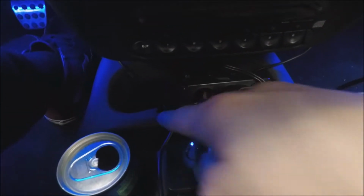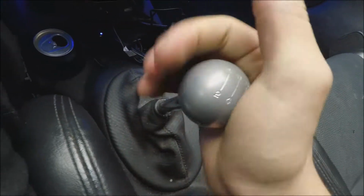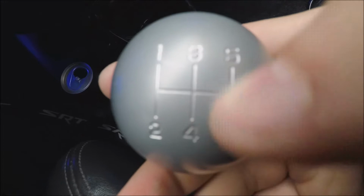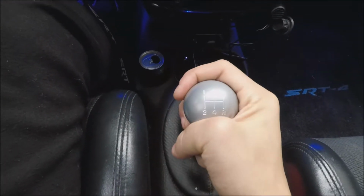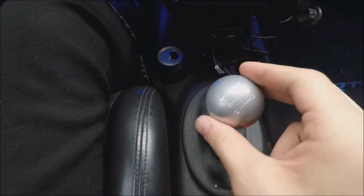Two cup holders, OEM. Whatever this is down here, OEM. Whatever this is in here, it's just some little storage tray, OEM. Here you have the shift knob, OEM. Mine's a little off on the placement, but 1, 2, 3, 4, 5, R. And mine's sideways for some reason. And when I try to center it, it won't be planted, so it's just...